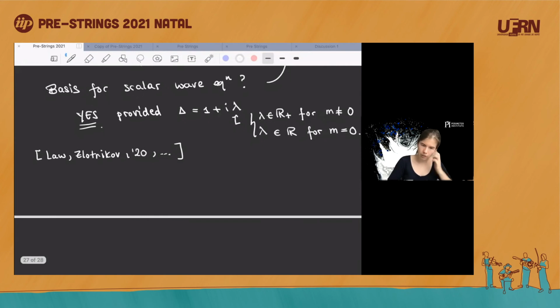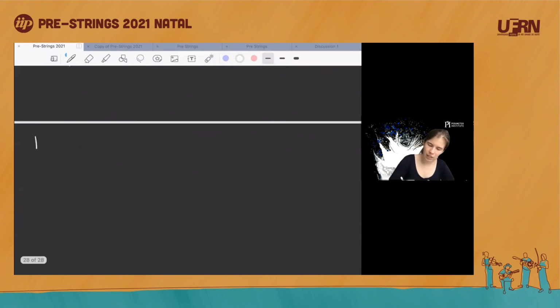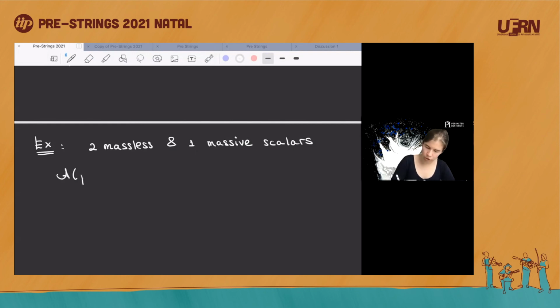And finally, I have 2 minutes now. I wanted to show you that one can do this in practice. So let's see an example. Let's consider the scattering of 2 massless and 1 massive scalars. In this case, I'm just going to do it the way I outlined today. How do we construct the celestial amplitude? Well, first of all, we write down, at tree level,